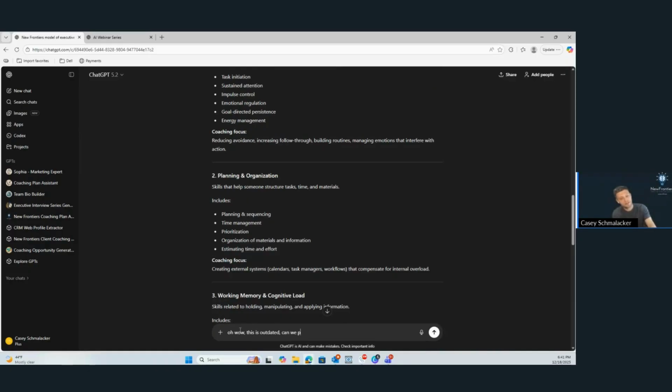Can we please adjust this memory to focus on what is listed on this web page? Verify with me before you update the memory.